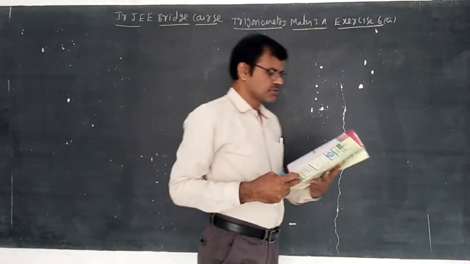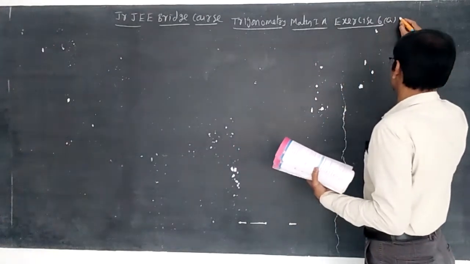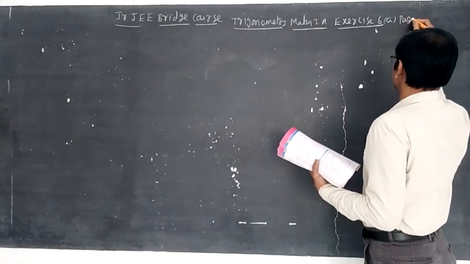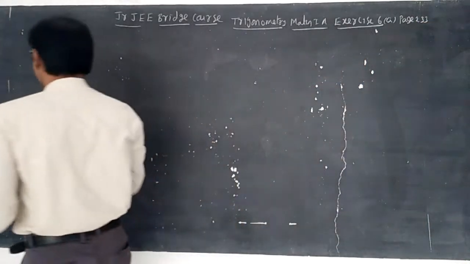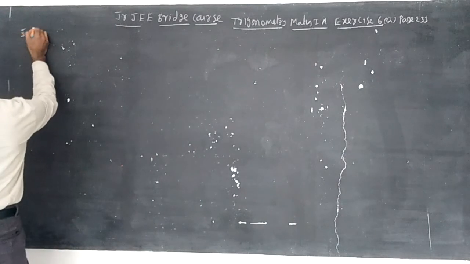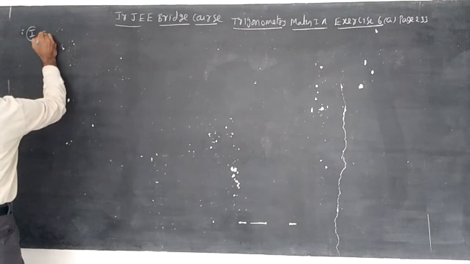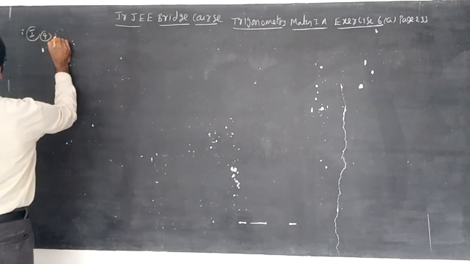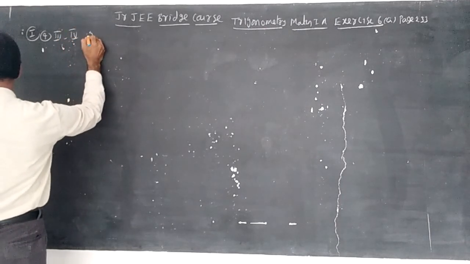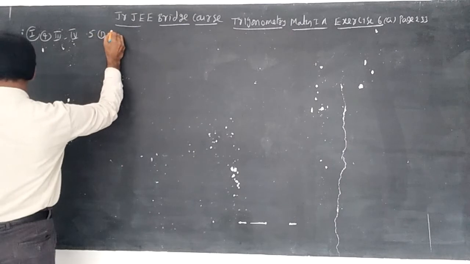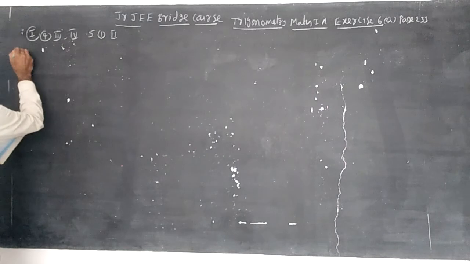In yesterday's class, we discussed two questions. Page 233, Roman numeral 1, question number 4. Two questions completed, third and fourth. Today's schedule: third and fourth, and the fifth one for first and second. In this third question,